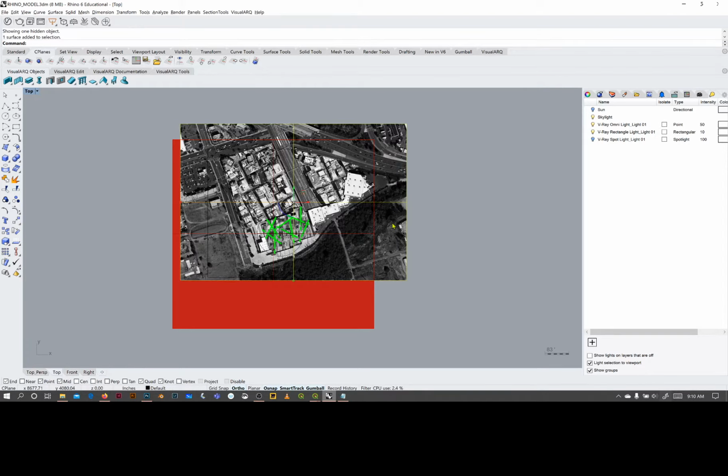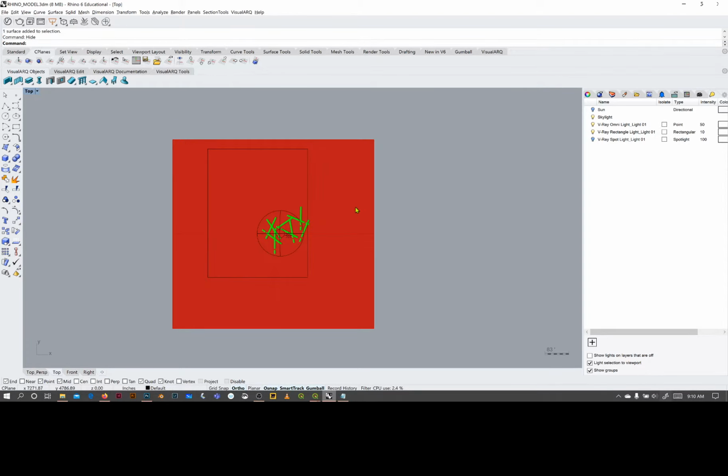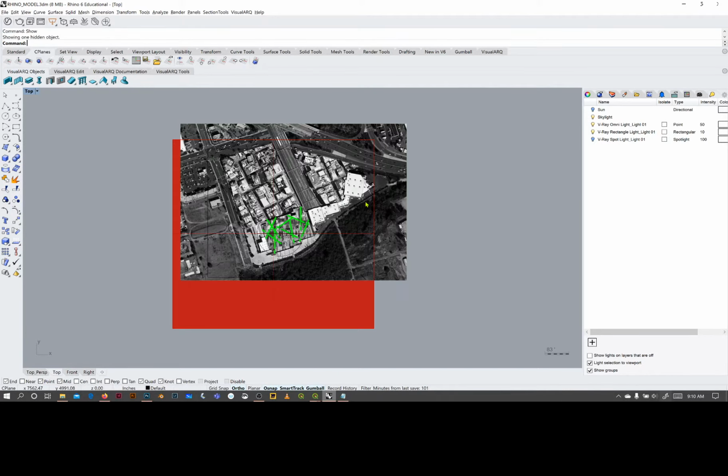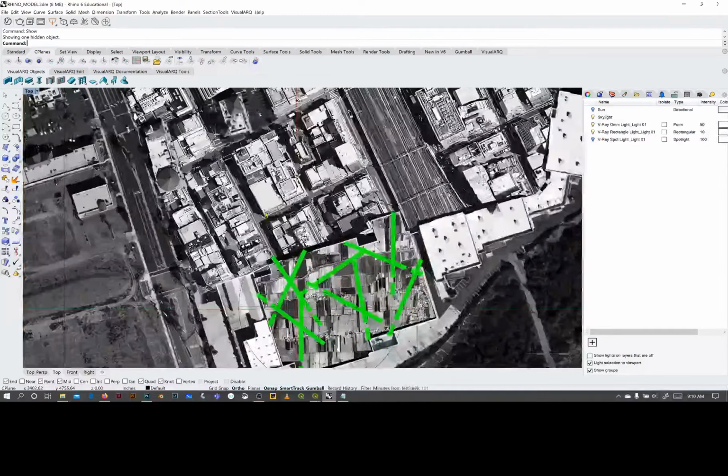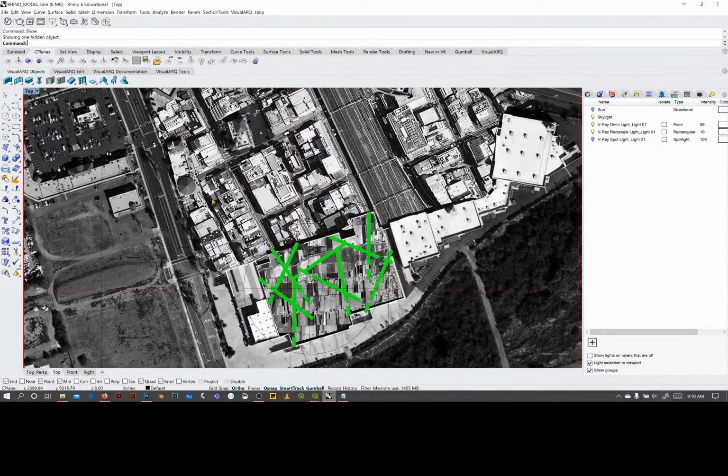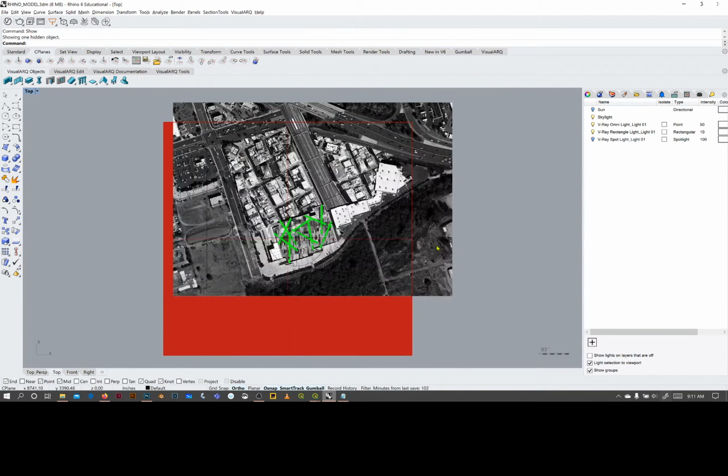I can always hide that for now though, and I want to just talk about the lighting setup. Well, let's observe real quick. I want to be able to match the shadows, so I'm going to notice the direction that the shadows are going in. Looking at any building, I see this general angle. The shadows are being pushed forward this way. Okay, so let's keep that in mind. I'll turn this off for a second,